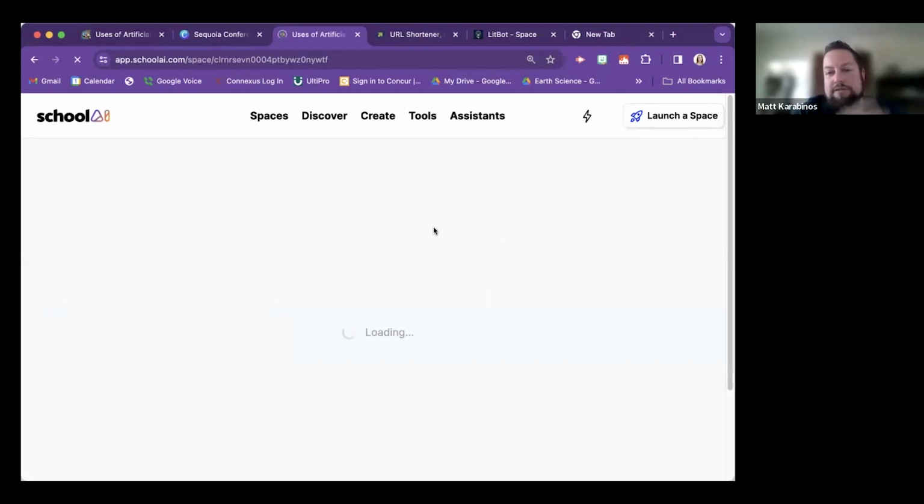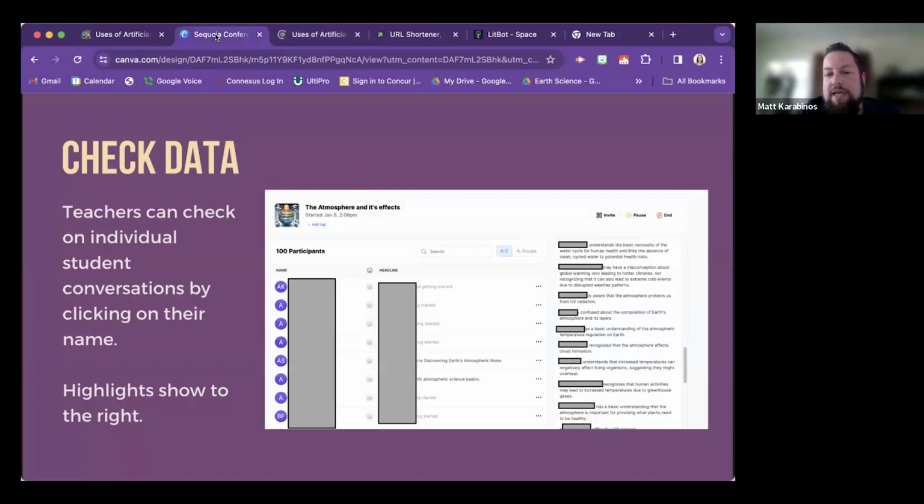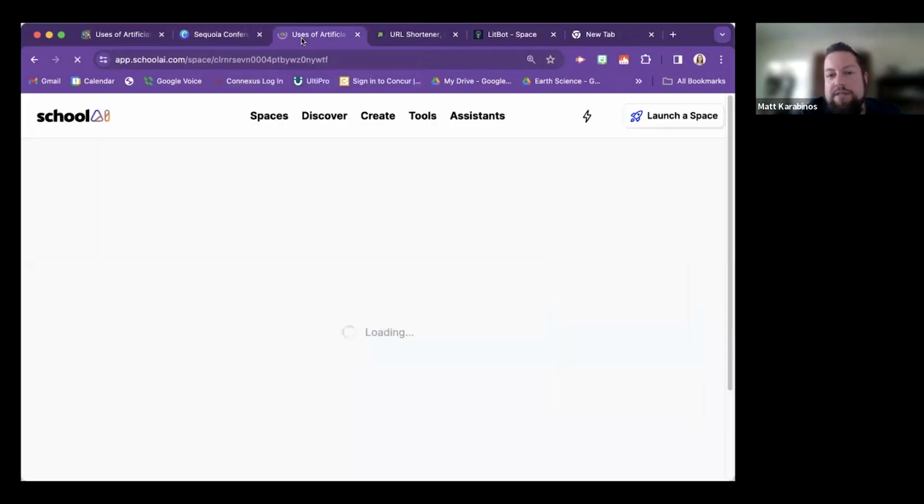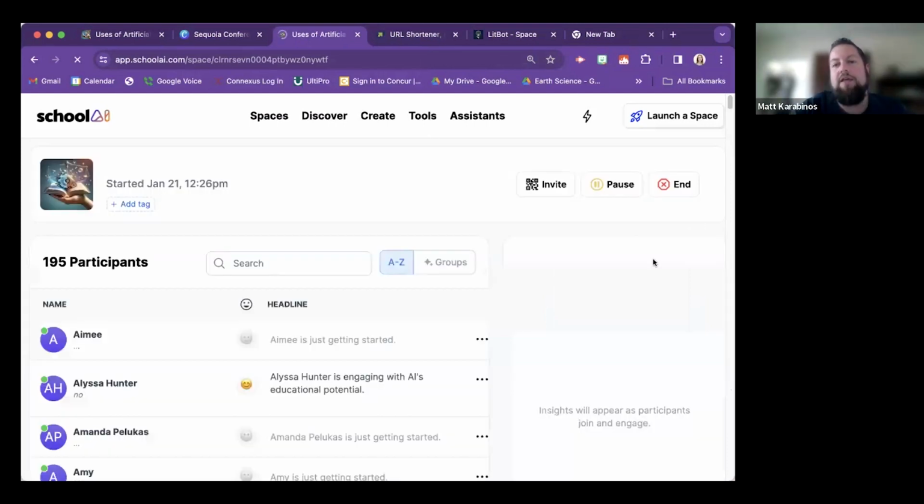And so that's when my fears were assuaged, when I talked to the higher ups at SchoolAI, that it goes into a server and essentially just stays there until they decide to purge it. If you sign up as a school with them, you can set it up to purge every so many days and it'll just get rid of the data and it won't keep any of the data. So sorry, I took over a little bit there, but I felt like that was an important story to share because some of these students